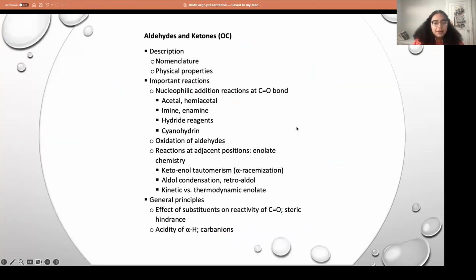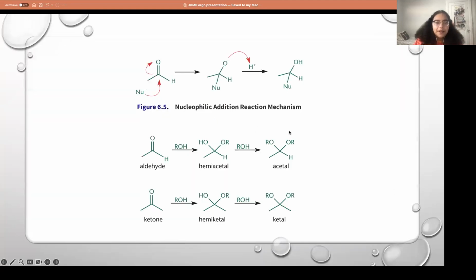Next thing is aldehydes and ketones. This is a pretty extensive topic. It's split into 2 chapters in the Kaplan book, but here are some highlights. One thing is the general addition reaction when you have a nucleophile. You have your general aldehyde, the nucleophile will attack, and then the electrons shift up. Because that oxygen gets a negative charge from those electrons shifting up, you can grab a hydrogen. So you add on the nucleophile, and your double-bonded O becomes an OH. So you reduce to an alcohol. That's the general form.